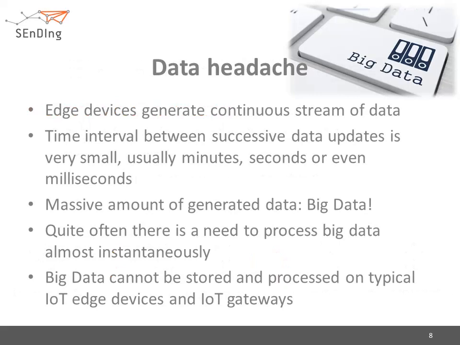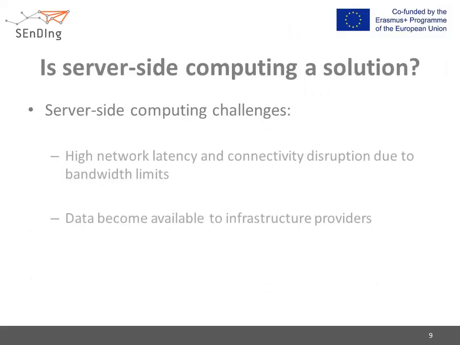Edge devices can generate continuous streams of data, where the time interval between successive data updates is very small, usually minutes, seconds, or even milliseconds. The massive amount of generated data is called big data. Quite often there is a need to process big data almost instantaneously for fast reaction to detected events. However, big data cannot be stored and processed on typical IoT edge devices and IoT gateways due to limited local resources. In traditional IoT application setups, data produced by edge devices is relayed back to the server-side infrastructure for further